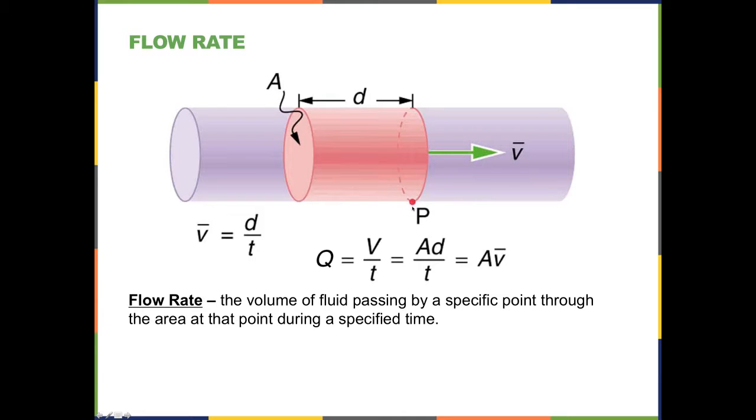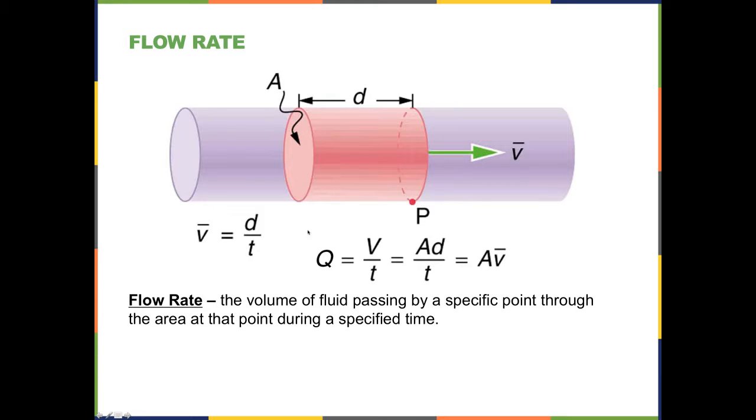So flow rate is given in terms of volume per unit time. And volume can be something like liters or milliliters, but needs to be transferred into something like cubic centimeters or cubic meters, because many of the other concepts we'll be looking at are in meters per second or square meters,